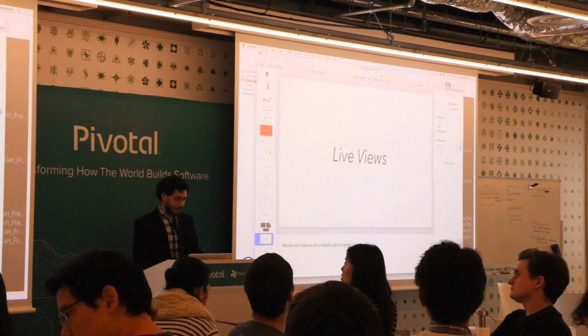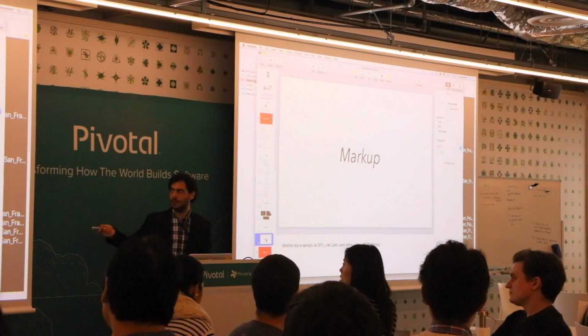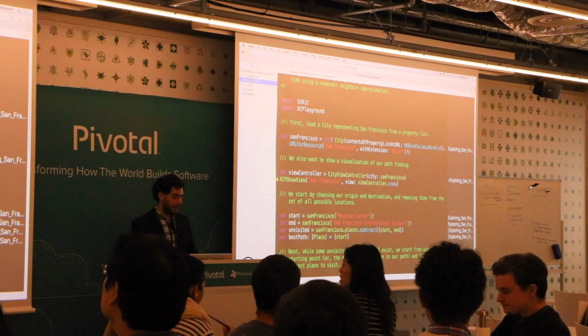And just not going to go through. The other thing that I wanted to show you is markup. Markup is really great for documentation. So to get